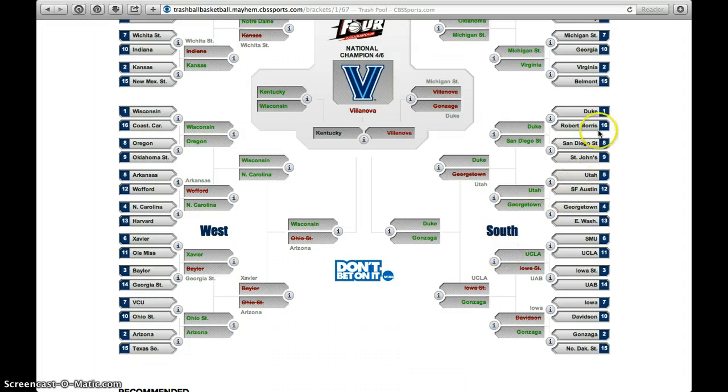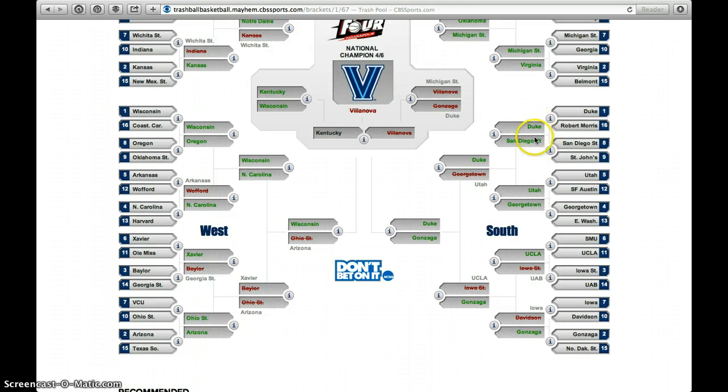And all you really need to know about seeds is the lower the number, the better the team is predicted to be. So in this case, Duke is a number 1 seed. That means Duke has been predicted to do very well in this tournament. Whereas Robert Morris, with a number 16, is not considered as good of a team, and they have a much higher seed. Duke, as a number 1 seed, would be expected to beat Robert Morris as a number 16 seed. Okay, and we can see that that happened. Duke won this game. I see them here in green.